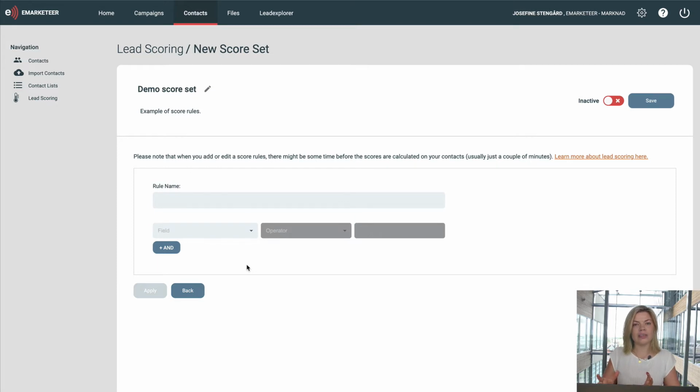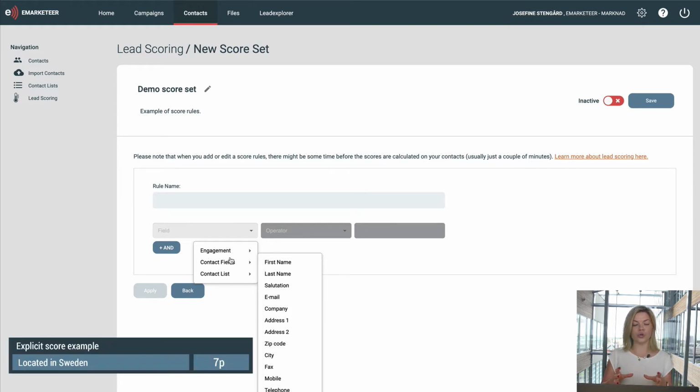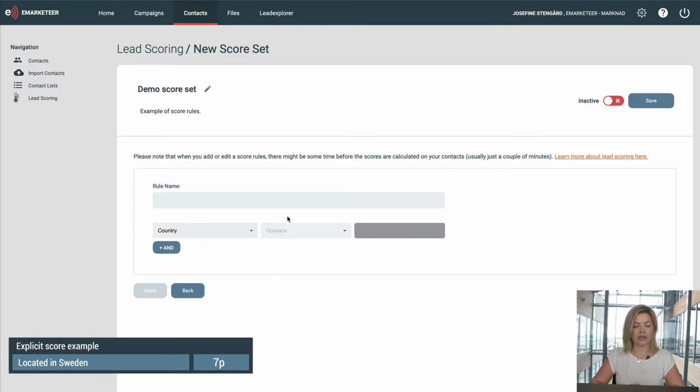I mentioned previously that we have different types of rules. So when you click the first drop-down menu here, you see those different types. So we have engagement, the information that we have on the contact card, and we also have if they're included in a contact list. So all these options you see, you could build score rules on. So if we're going to look at an example from the example list that we had, we wanted to score our leads that are from Sweden. So that's demographic information. So we choose contact fields, find country,